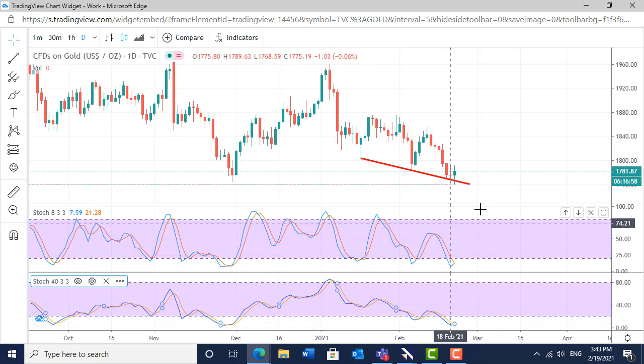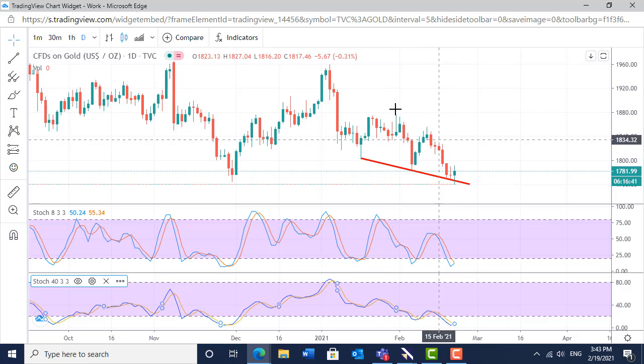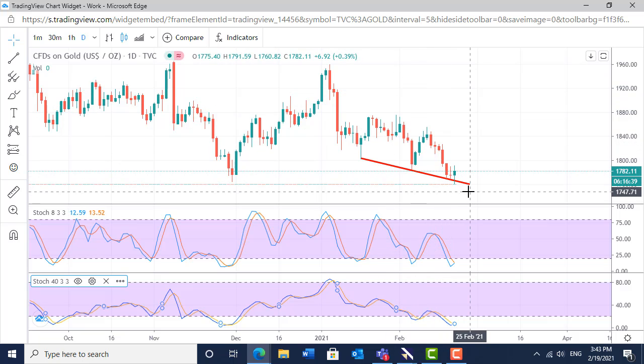Now I made a call on gold. Now my calls are more for fun than anything else, but I felt that gold would turn on Thursday. That was yesterday, and I talked about that last week. As you can see, this market has come back. It's come back in what technicians would refer to as a falling wedge, and